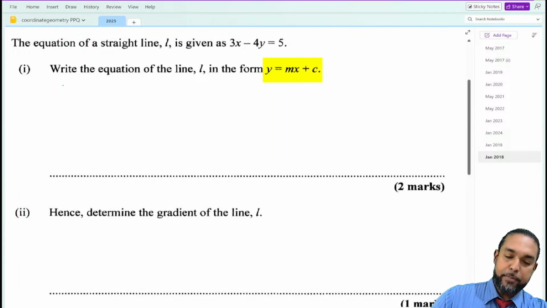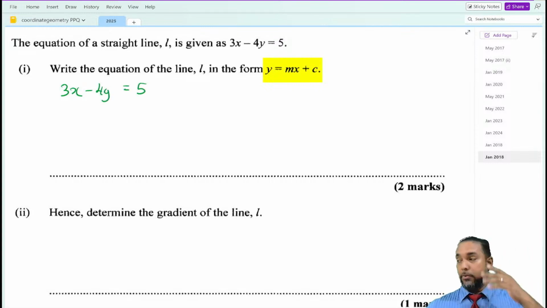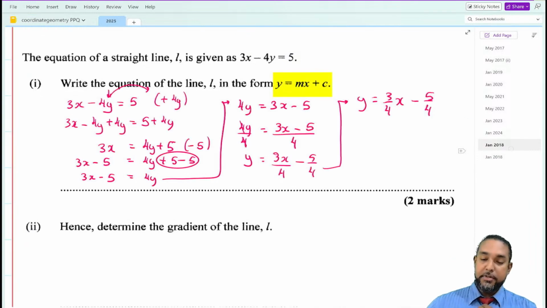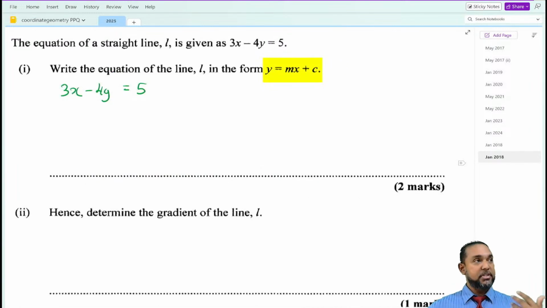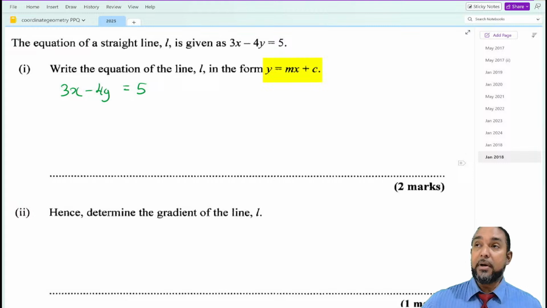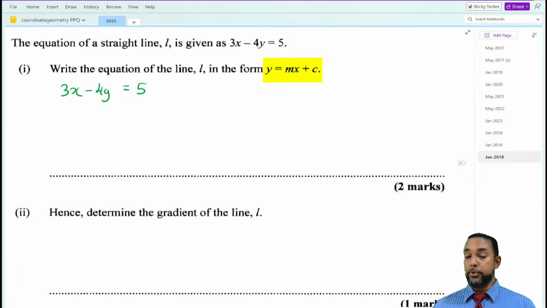So if we bring back the equation, 3x minus 4y is equal to 5, and you want to transpose for y. Now, again, across here in the pink, I moved across the minus 4y by adding it to both sides, hence creating a positive coefficient for the y term. Now, some people like to leave the y term on the left-hand side. You can do that, but you have to be careful how you do it.